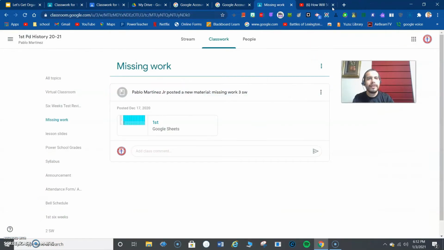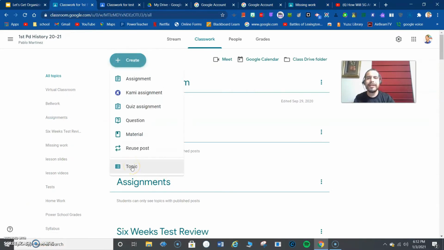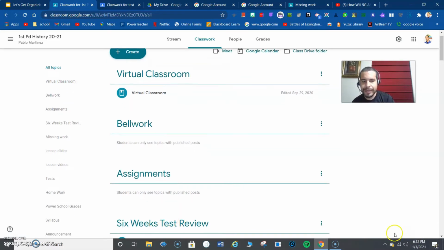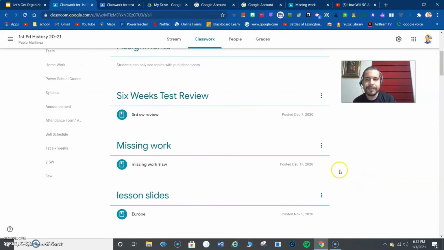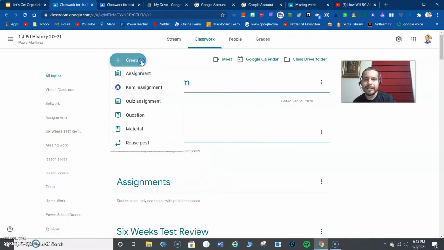Okay. So that's one way to keep yourself organized, using topics, because topics really does help out a lot. And it's just one simple thing that helps you organize all these things here. That way you can put them in order and have some sort of neatness. It's kind of like having your binder where you have your notes, your assignments, your vocabulary, your bell work, and all that kind of stuff divided with dividers. So, like I said, topics should be your best friend as a teacher when you use topics because,